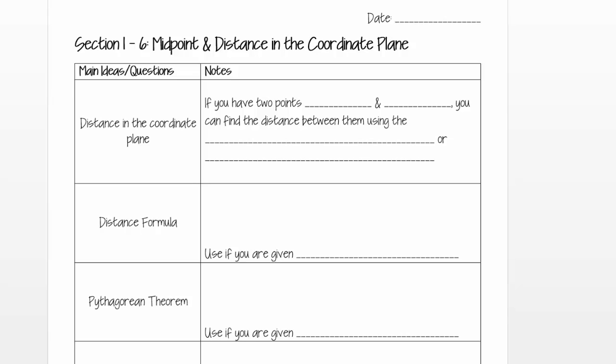Section 1.6 is about midpoint and distance when we're looking at the coordinate plane. So if you have 2 points, and we tend to write our points as actual points with an x and a y in here, but because we have 2 different points, we're going to say that this is the first x, and this is the first y, and this is the second x and the second y. So the little 1s and 2s are just telling us that this is point number 1 and that's point number 2. We can find the distance between these 2 points using either the distance formula